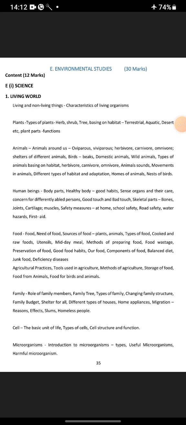Content, 12 marks. First one, science. Living world: living and non-living things, characteristics of living organisms, plants, types of plants (herb, shrub, tree), basing on habitat: terrestrial, aquatic, desert, etc. Plant parts and functions, animals around us: oviparous, viviparous, herbivore, carnivore, omnivore, shelters of different animals, birds, beaks, domestic animals, wild animals, types of animals basing on habitat,